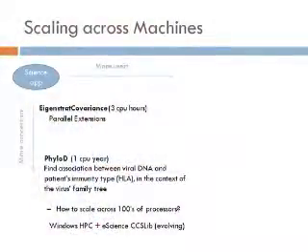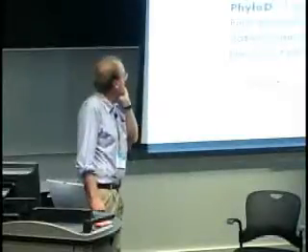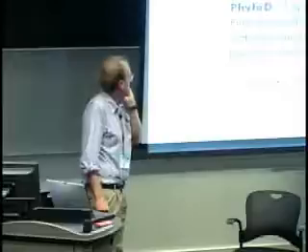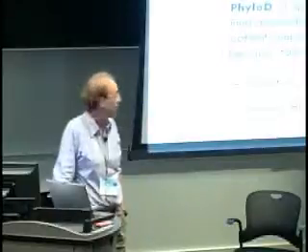So let's look at another problem. PhyloD is a program for finding associations between viral DNA and some other factor, like a user's immunity type. A typical run can take a CPU year, and that's too long even on 8 processors. So for that, we run it on the HPC, and we have a library that makes things a little more convenient. And I'll talk about that briefly.